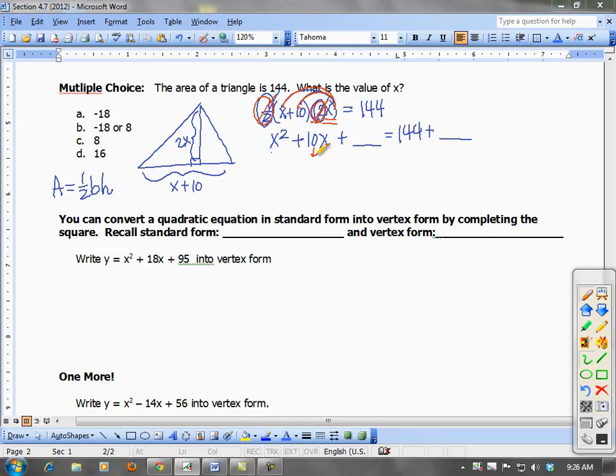In order to get a 10, I know I do 5 plus 5. Well, 5 times 5 is 25, so 25 gets added to both sides. Because I used 5 and 5, I have an x plus 5 and an x plus 5 equals 169 on the right-hand side. So I have x plus 5 squared equals 169. I'm going to box in my equation because I want you in that habit of boxing it in. When I go to solve,